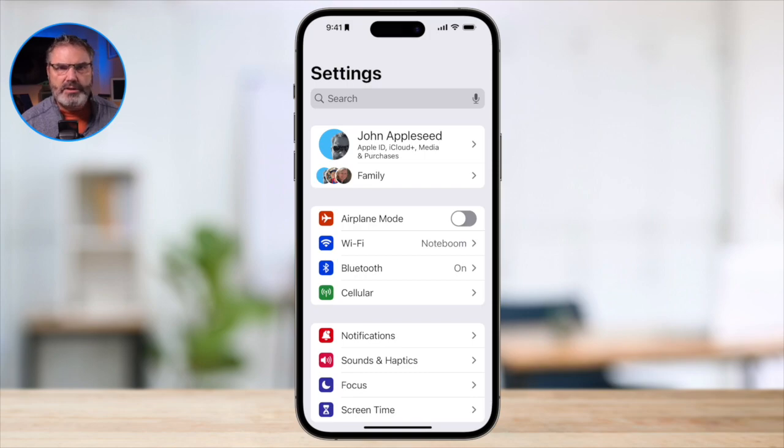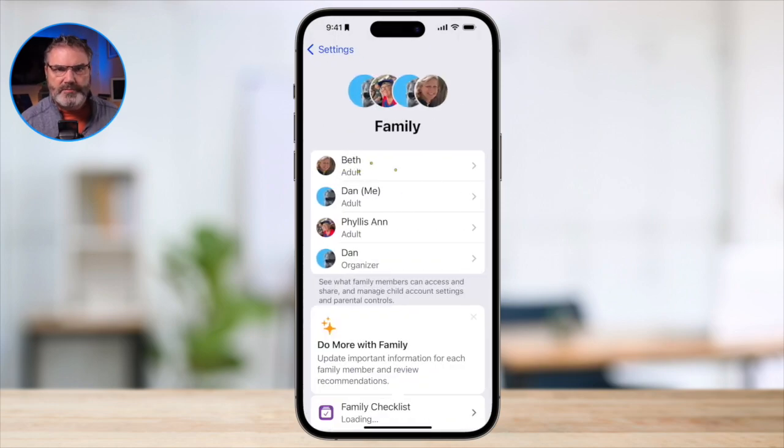So basically, the only way that you can really do it, unless you want to share an Apple ID, and I'll just say don't do that, you'll run into more problems. Not worth it. But what you can do is get a family account with your Apple ID, and then you're able to share your music. So that's basically how you would do it. Set up a family account. I know they have different tiers, but it's going to be a little bit more money.